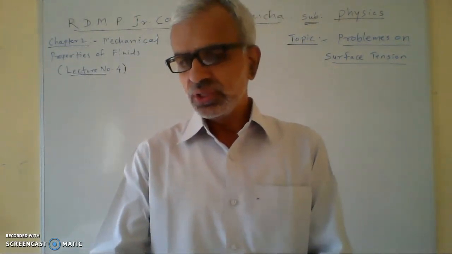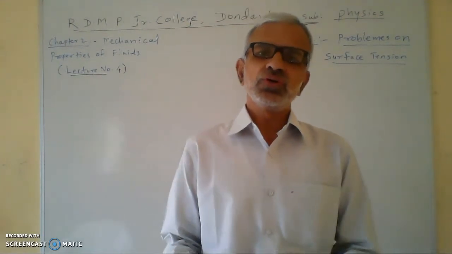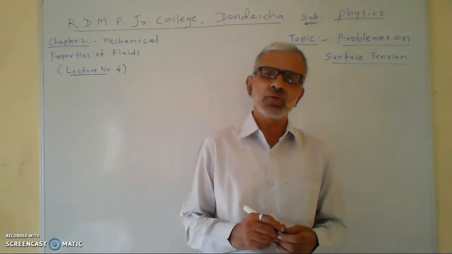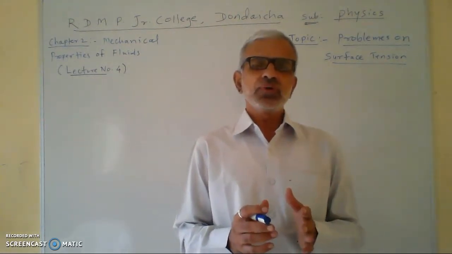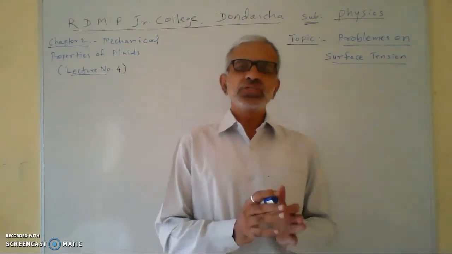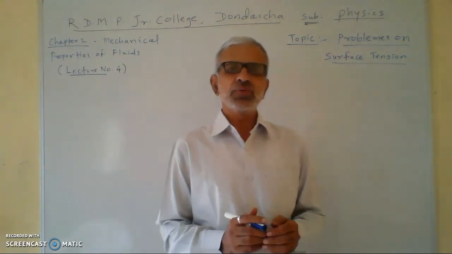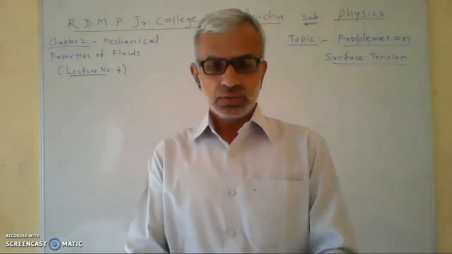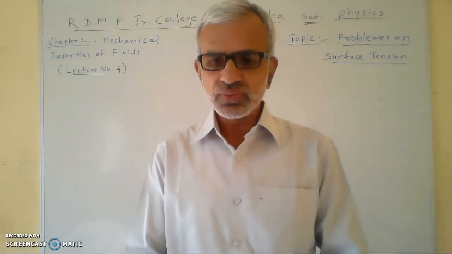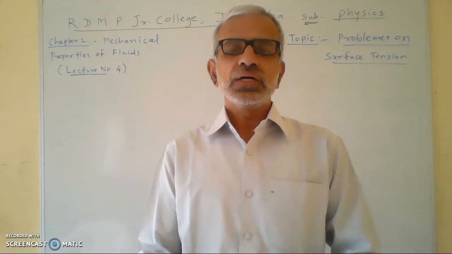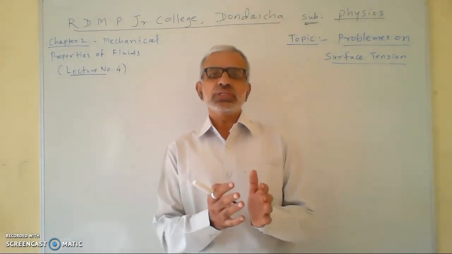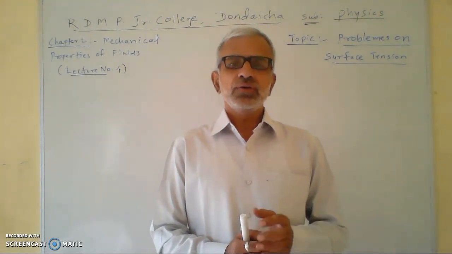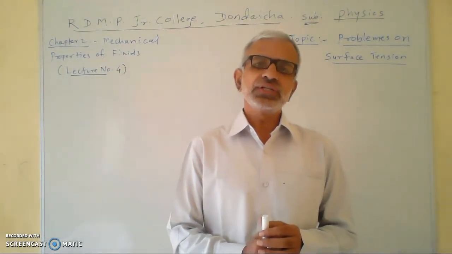Now here we use the same method which we have used in the last problem. Means in lecture number 3 we have seen one problem and the method is the same, only the type of the problem is different. Now let us see this problem. In this problem 27 droplets of water coalesce, means they collect together and a single drop of water is formed, and we have to find the change in energy.